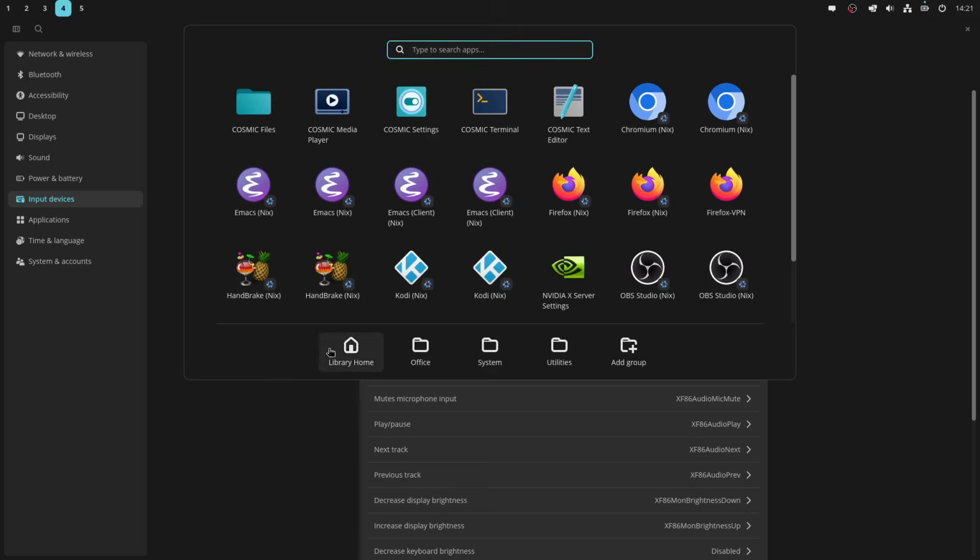And what you've got here is different categories, so you can actually categorize stuff. I suppose it could be useful because it shows you all of the applications installed on the system,